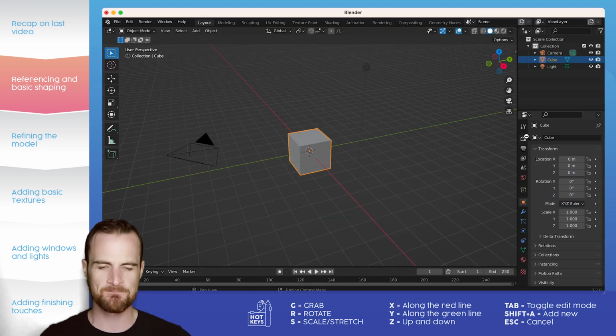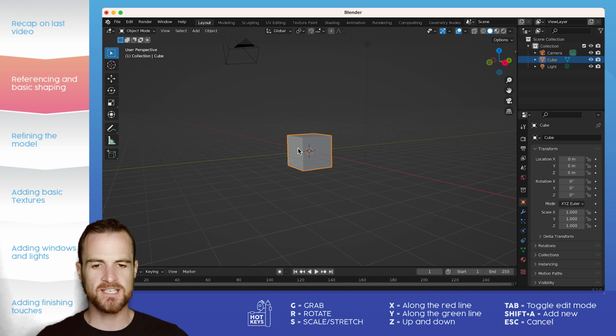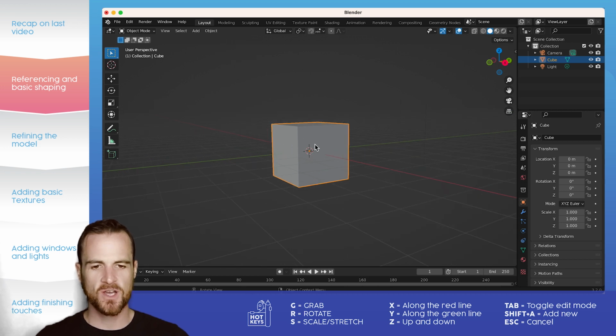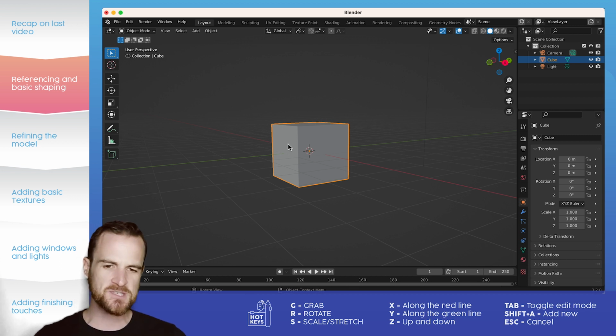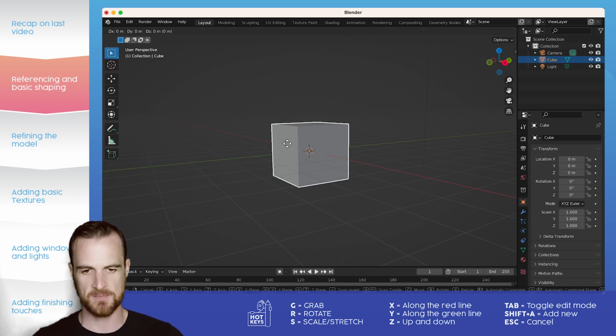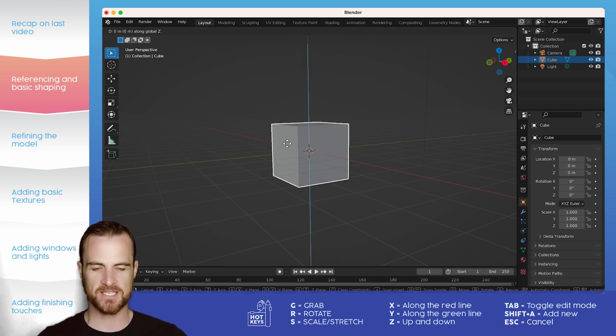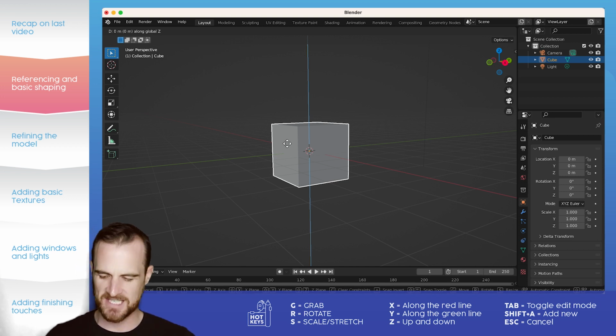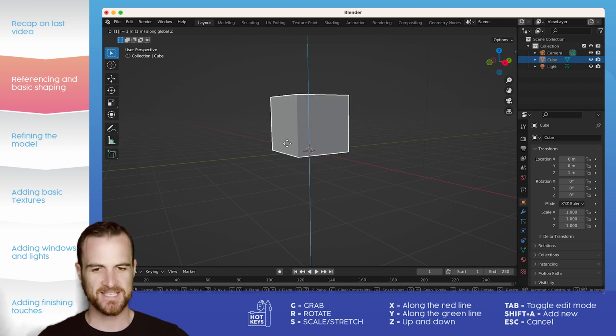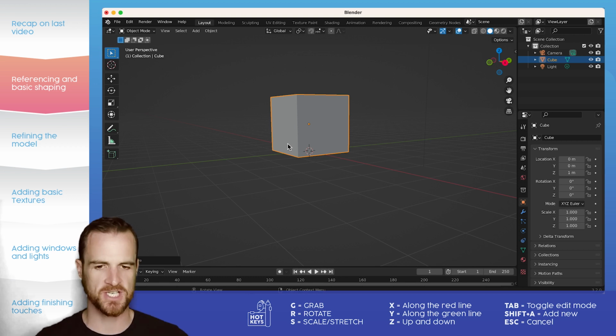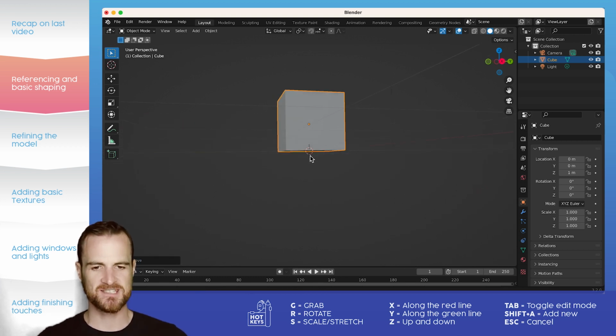So let's flick back. So first thing we want to do is we want to sit our box onto the floor. See, at the moment it's kind of halfway up the floor. So the best way to start with that is we're going to hit the G button, we're going to hit the Z button to say that we want to move up and down, and then we're going to hit the 1 button. Now that basically just moves it half a notch up,